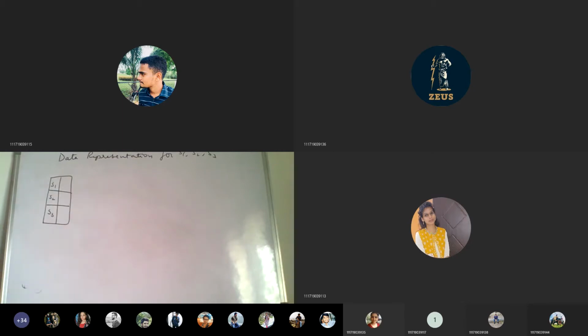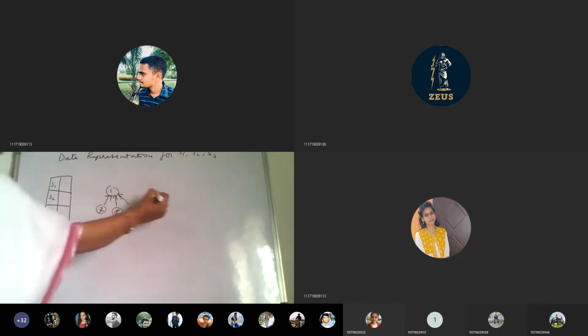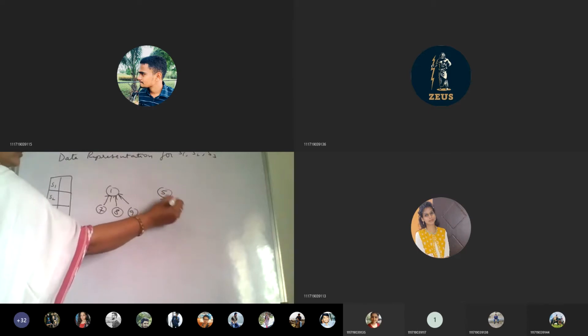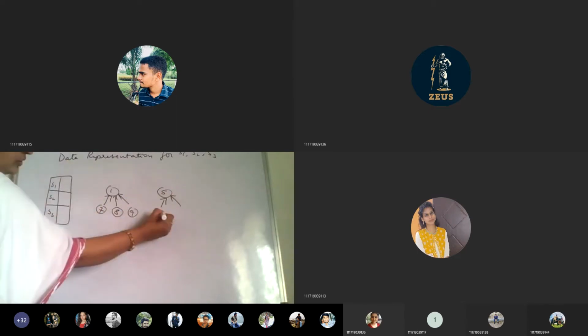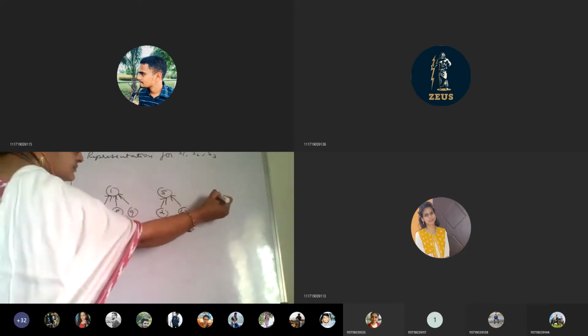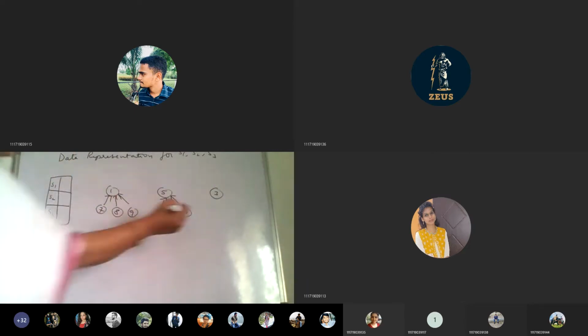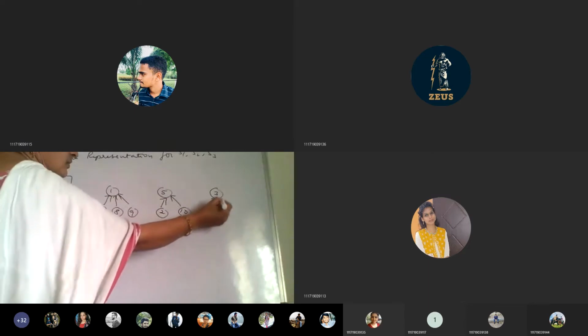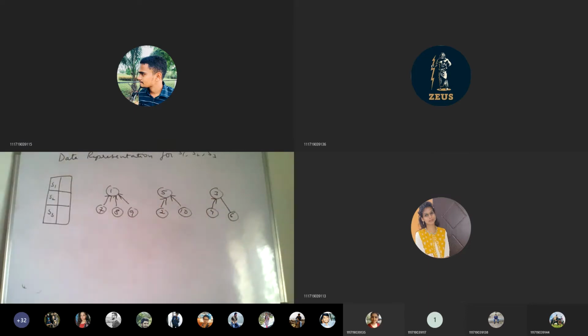So for each set we are going to maintain the pointer. So let's see the first set. So first set, how we wrote, 1, 7, 8 and 9, if you remember. And then what we had, 5, 2 and 10. And then the third one, 3, 4, 6. So how can data representations for the sets be given?